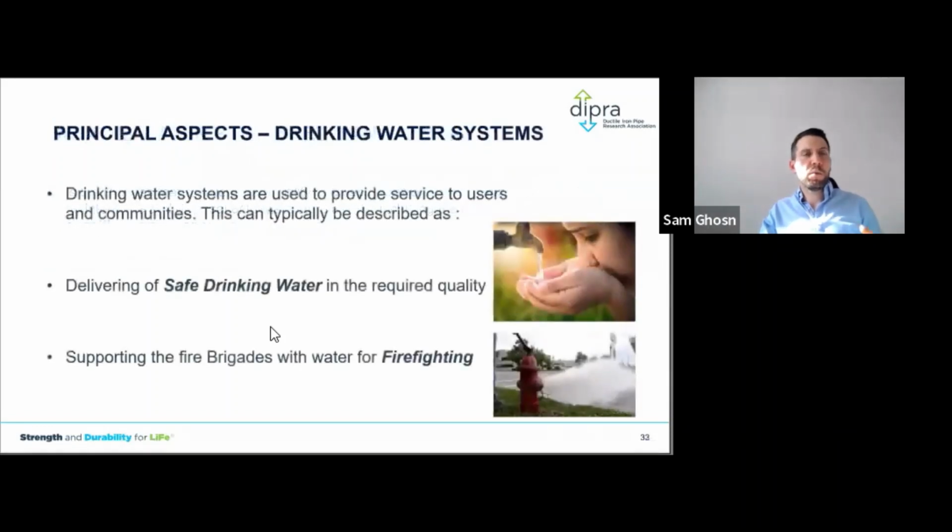Okay, and what are the two main goals as water professionals? We want to provide safe drinking water to utilities and our taxpayers, our residents, and we need to make sure we provide readily available water for firefighting purposes. So your water main should not be only reliable, but should be resilient and sustainable at the same time. So when a fire occurs and you need that water main, it is there available for you. Okay, so keep those two purposes in mind, because as water professionals, that's our main target and purpose and mission in our industry.